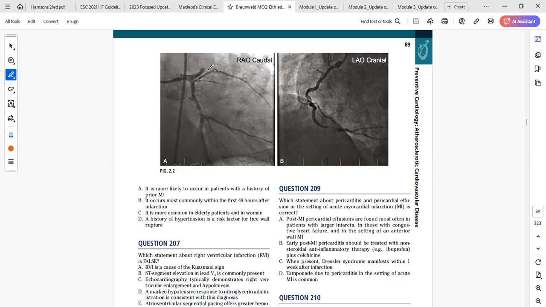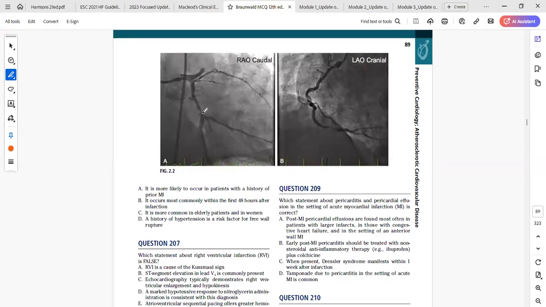Please, can I see, Dr. Kure, well done. I'm following you, but are we sure that the one you call the circumflex is the circumflex? It looks as if it goes further to divide into two. Yes, I can see it here. And the one that divides into two is what now? That gives this branch, that's the left anterior descending. So I think it's the other way around for this one. Do you get what I'm saying? The circumflex does not give the two terminal branches that we are seeing here.